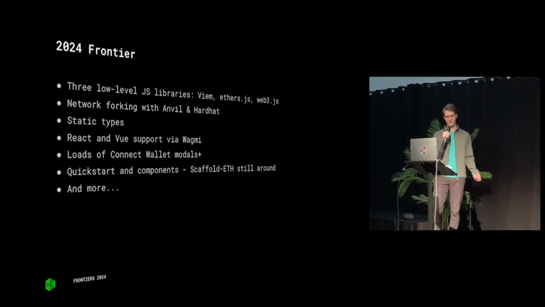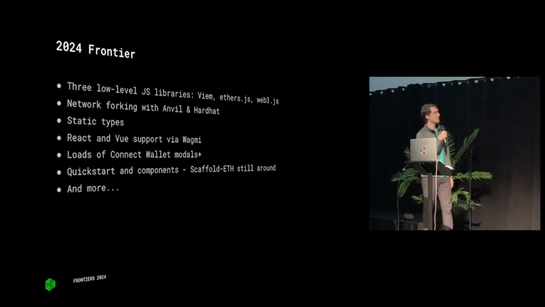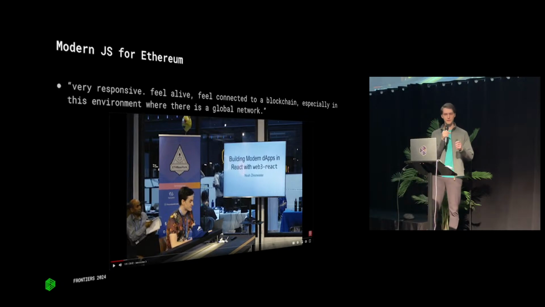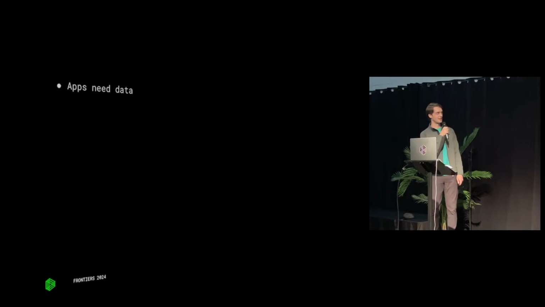I feel like at hackathons these days, people are able to move really quickly and get started just because the stack is very obvious: what you're going to use, how you're going to build things. And there's a few other things that I wanted to share. But first, referencing back to this, in order for things to feel alive and responsive and feel like you're connected, one of the most important things is data, which is why it was interesting to see Storm's talk earlier. Apps need data to have good experiences. That's the one bullet point on this slide.